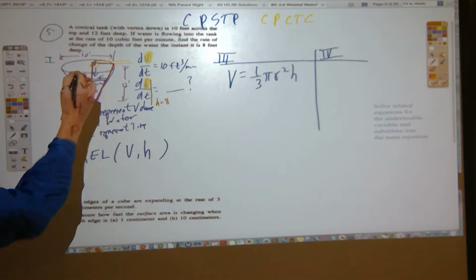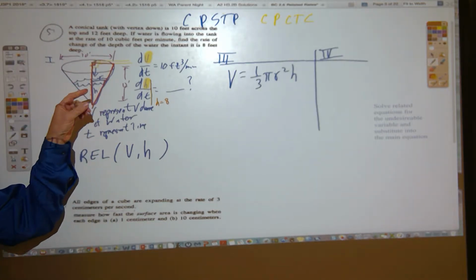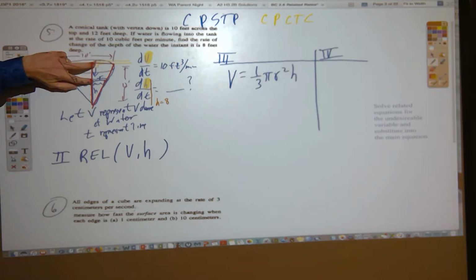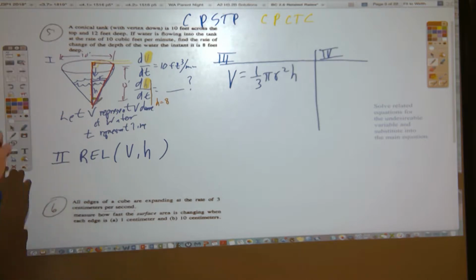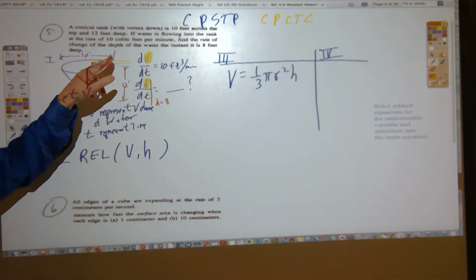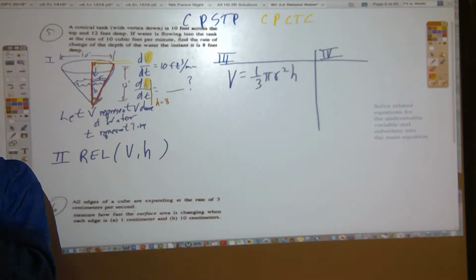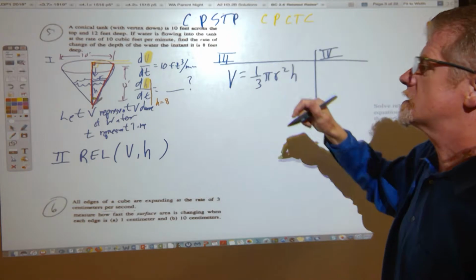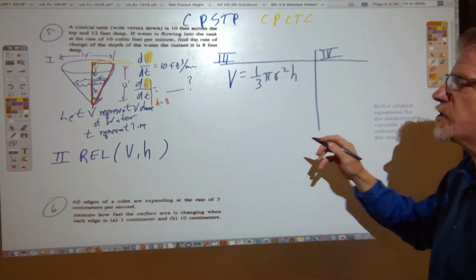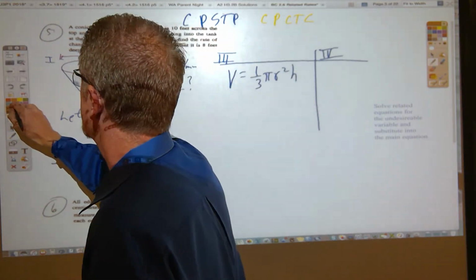They're both right triangles, so angle-angle similarity. They're both right triangles, and they share this angle down here. So isn't the purple triangle similar to the red triangle by angle-angle similarity? Therefore, by CPSTP, corresponding parts of the similar triangles have to be proportional, which essentially means I can declare, using CPSTP, that